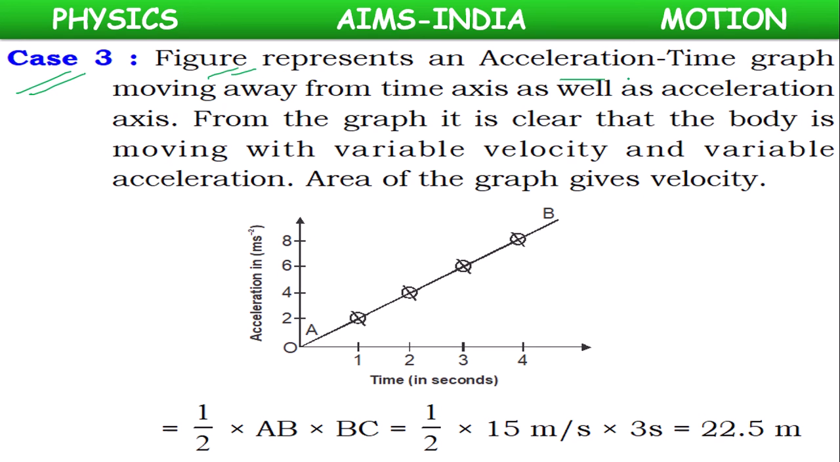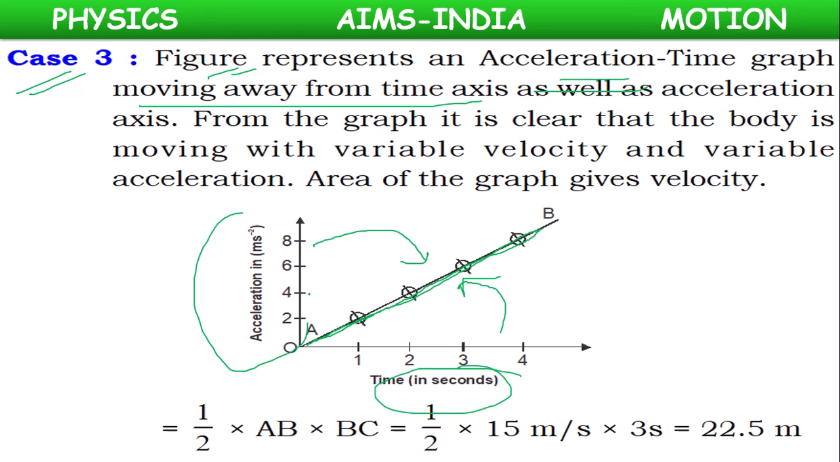The figure represents an acceleration-time graph. Here the acceleration-time graph is AB, moving away from the time axis as well as moving away from the acceleration axis, meaning it is neither parallel to the time axis nor parallel to the acceleration axis. If you check at any point, here 1, 2, 2, 4, 3, 6, 4, 8, so the acceleration is changing